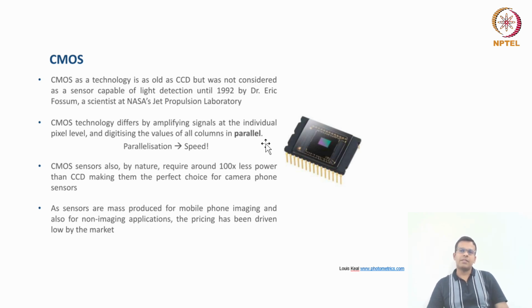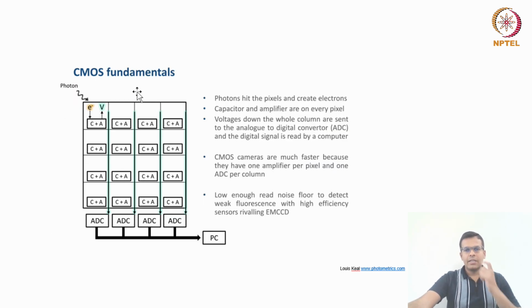And how does it achieve fast imaging? By parallelization. Each individual pixel has its own amplifier and its own capacitor, so the data is produced and processed immediately from each of the pixels. I will show you how the pixel looks in a CMOS camera. See, this is the pixel chip of the CMOS camera, and here the photon is coming and converting into an electron, and each pixel has its own capacitor and amplifier, so it will produce some voltage. Each lane has its own analog to digital conversion unit.